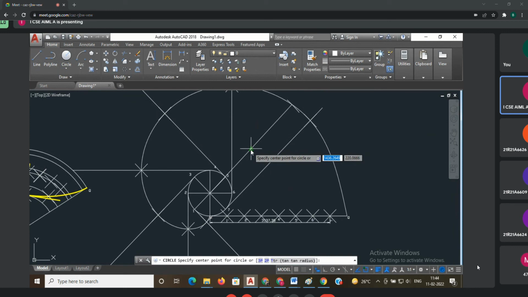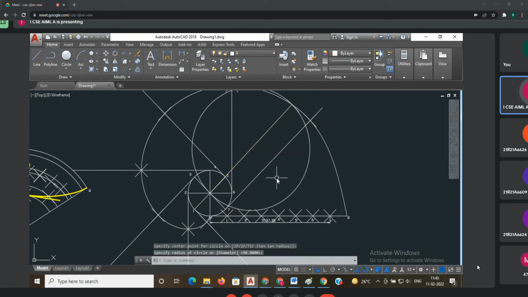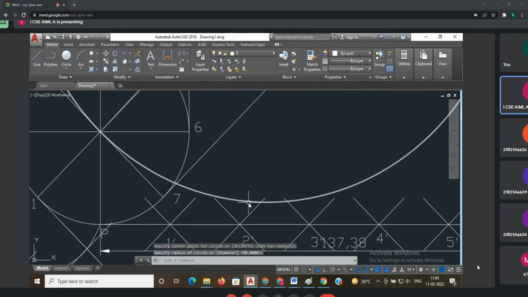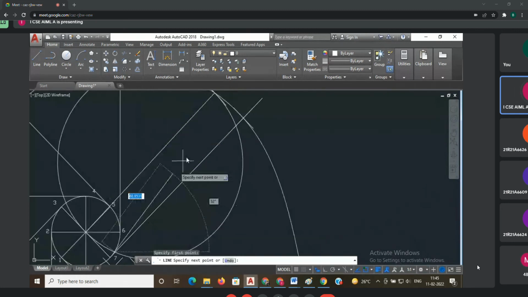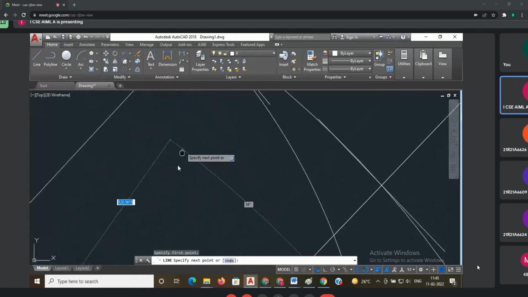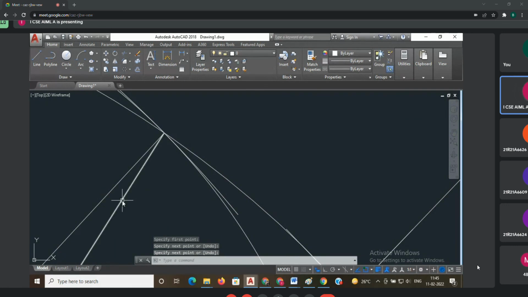Semicircle for these points. For this you have to draw the semicircle. That semicircle will intersect the main rolling circle somewhere here. That is your point. From this point, you have to draw the line through R point. Through this R point, nothing but this is your normal. This is your normal line. Extend it.